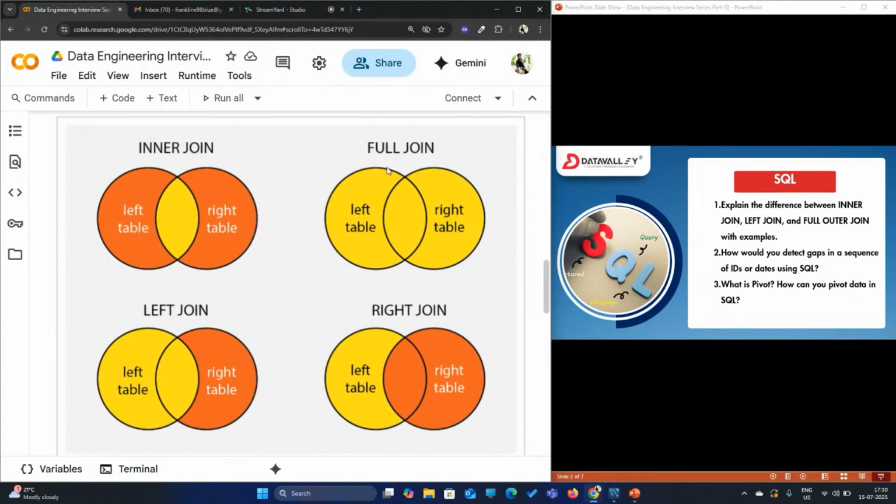So I hope this image is very clear to you. In the inner join you have two tables, left and right, and you are getting only the matching rows. In your full outer join you are getting all the matching plus non-matching data from both your left and right tables. For your left join, you're going to get all the rows from your left table and only the matching data from your right table. When talking about the right join, you're going to get all the data from your right table and only the matching rows from your left table. So let's see how this works in our